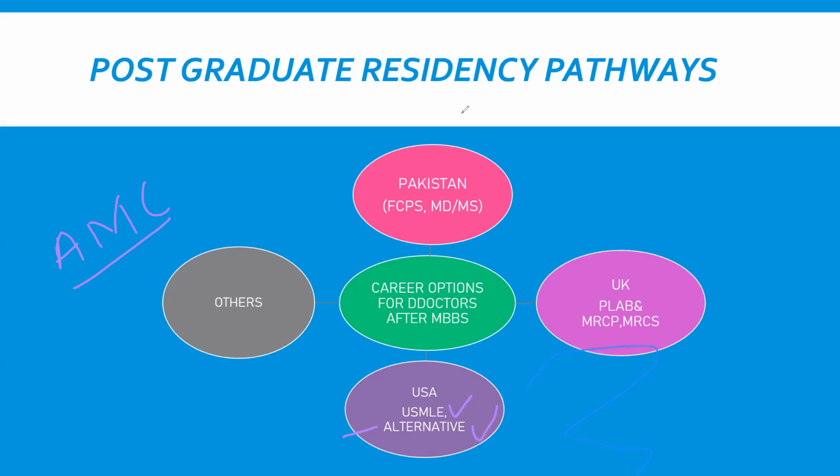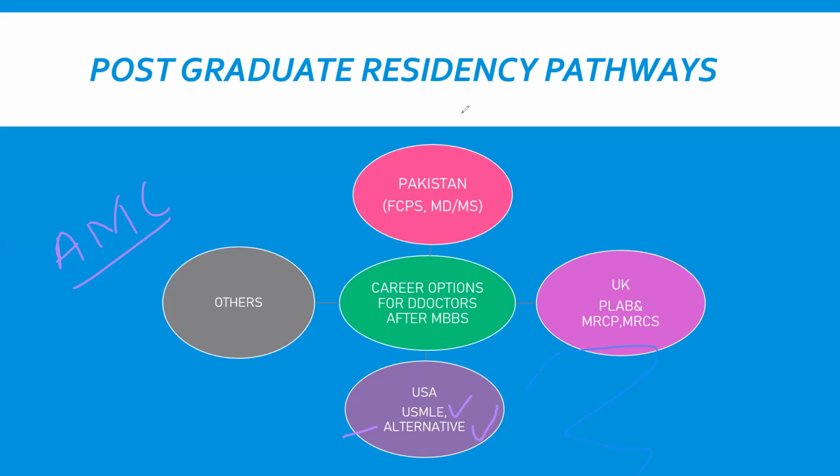years, and then after that you will have to again apply for match, go and match in any one of the residency programs, and later on you can complete your residency and you can practice as a doctor in the United States. But with a fellowship that is 3 to 4 years, you will not be able to practice in the UK or the USA, however you can work outside the USA, like in the Middle East and other countries. But in order to practice in the United States, you have to go for fellowship.